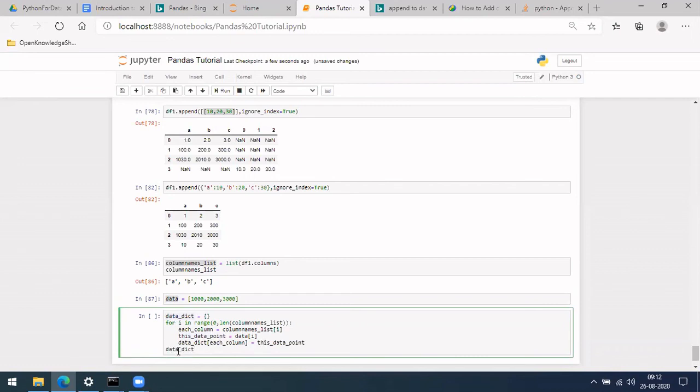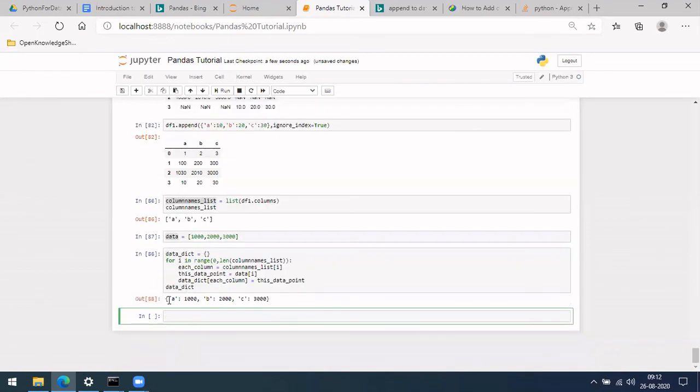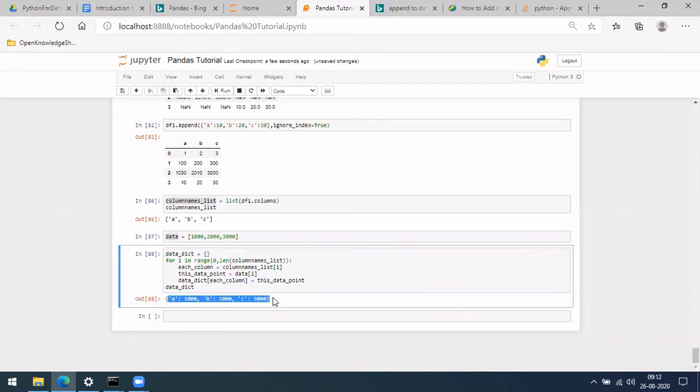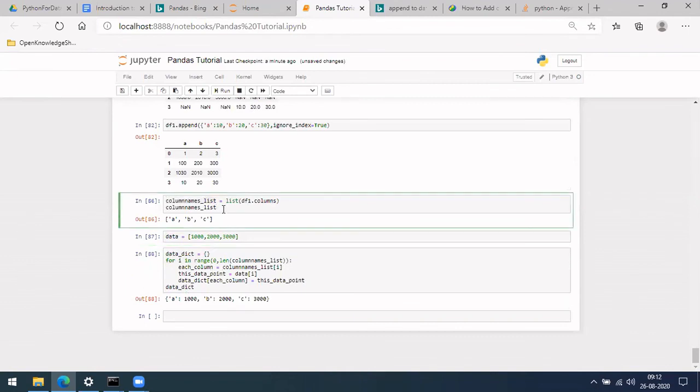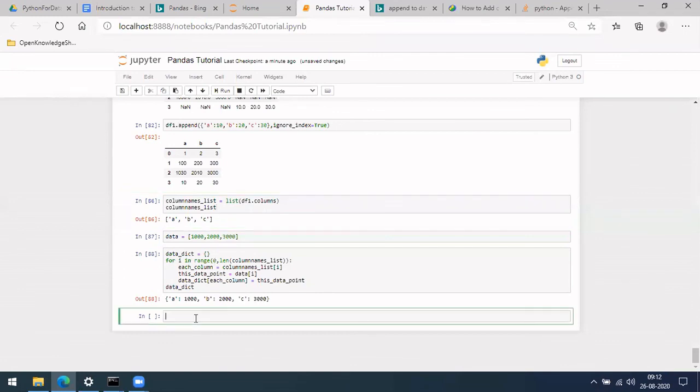We print it down. See, this is what we need, right? What it is doing is the first element of the column it is making a key, and for that key, this is the value. Similarly for the second one. Okay, so that is what it has done. You try it on your own anyway. I will share this notebook. You run it again and see how it has come.